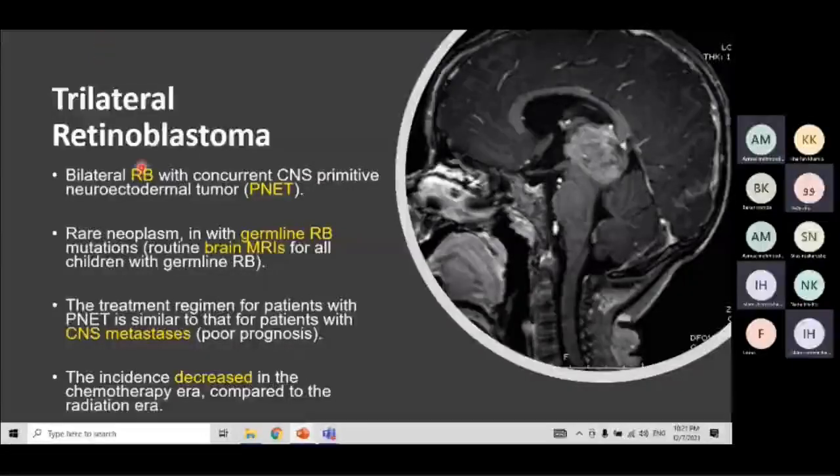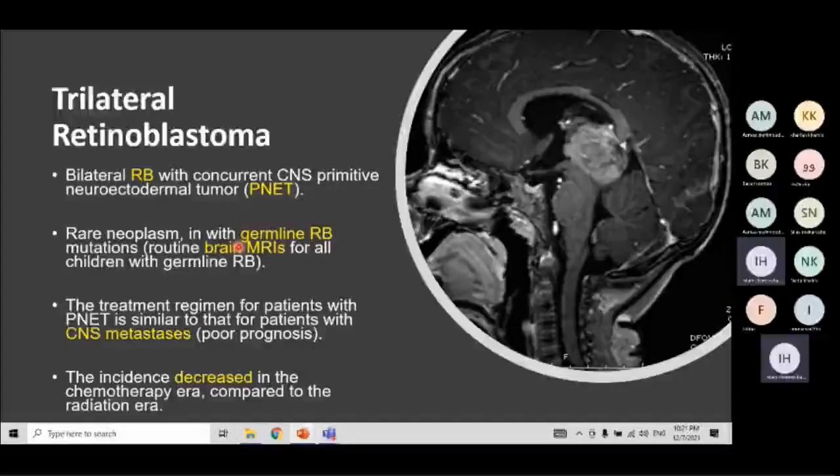Heritable retinoblastoma, and they have a neuroectodermal tumor, or what we call PNET, primitive neuroectodermal tumor. Usually, or all of the time, they have germline retinoblastoma, or heritable retinoblastoma, in all cells of the body, including the brain cells. And this is why they tend to develop the tumor at that area, and we call it trilateral retinoblastoma. So they have right retinoblastoma, left retinoblastoma, and central retinoblastoma in the CNS. Okay, they are treated very aggressively as if they have CNS metastasis.